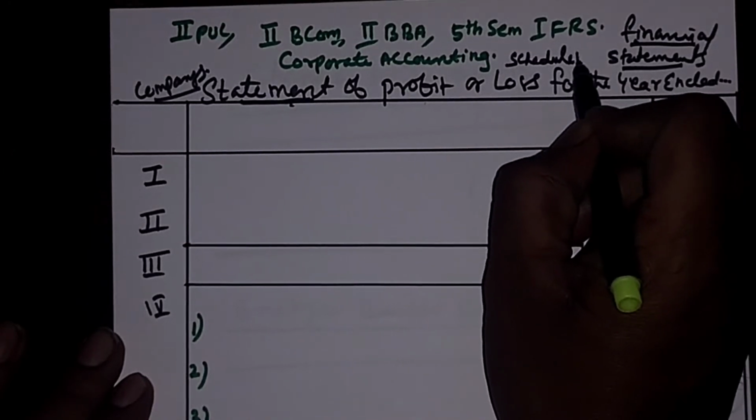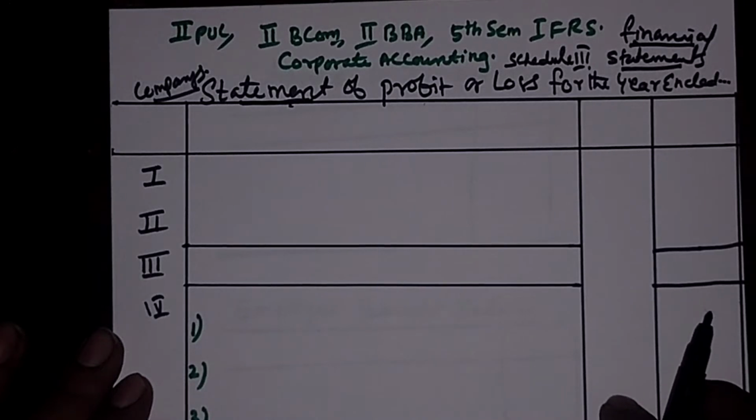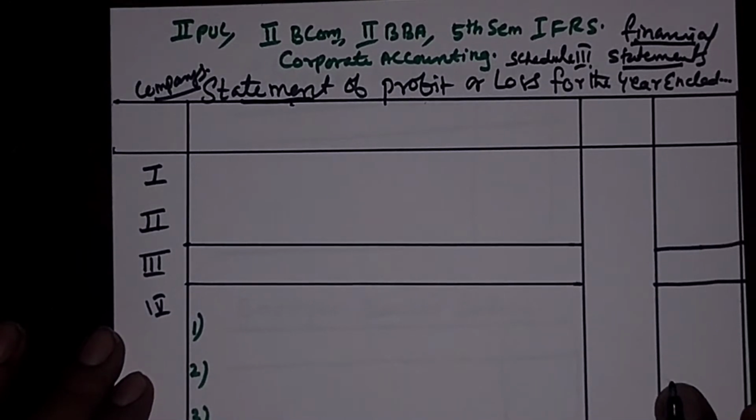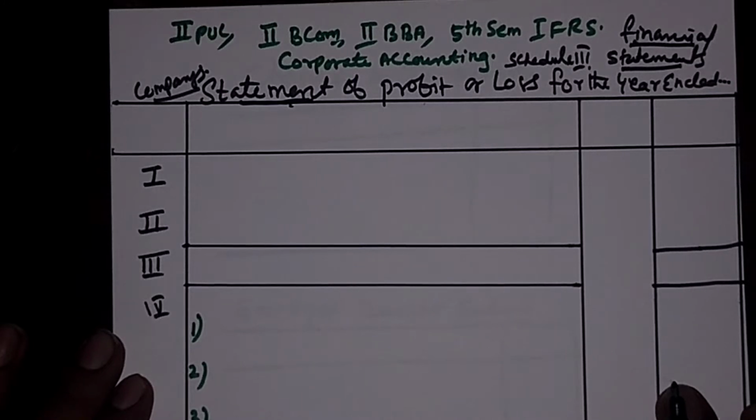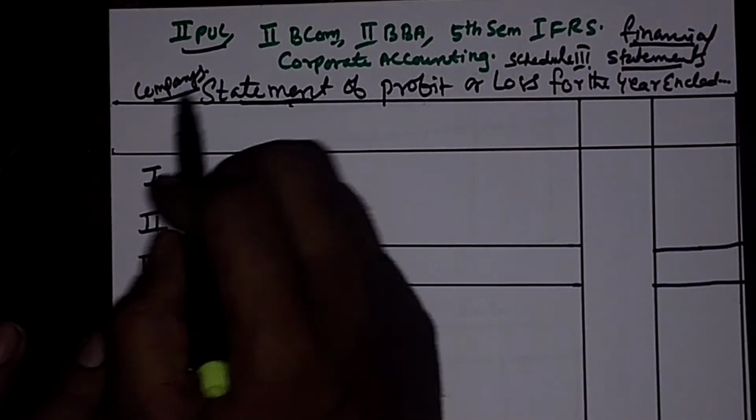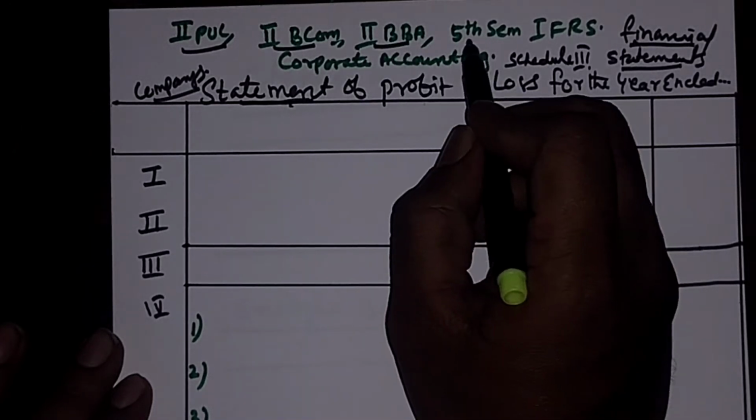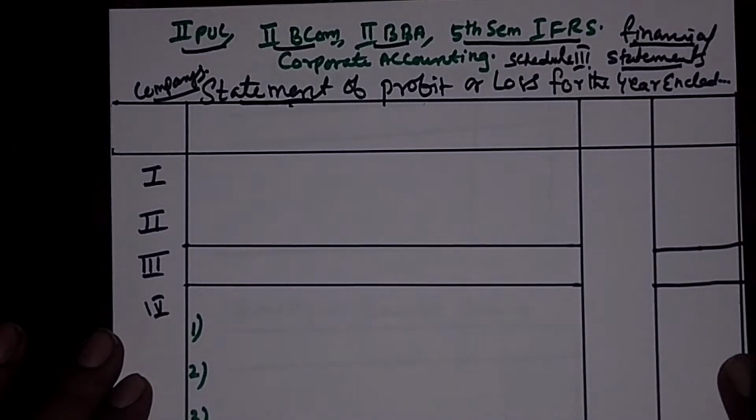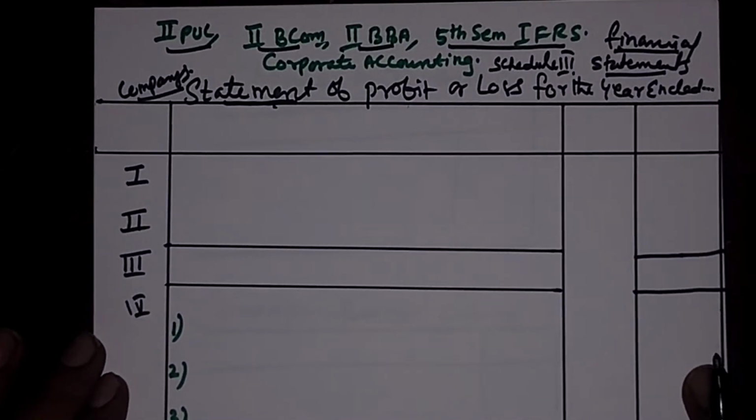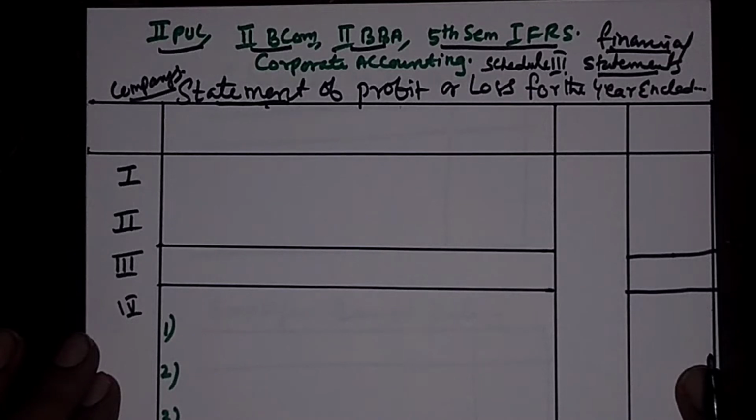This is the most important. As per Schedule 3 of the Companies Act of 2013, this is a very common topic for second PUC, second BBA third sem, fifth sem IFRS. So this is the most important topic which we are covering in this. And even for the person, those who are not studying in the college and those who are working in the corporate sectors, even for them also this is a very common topic they need to learn,